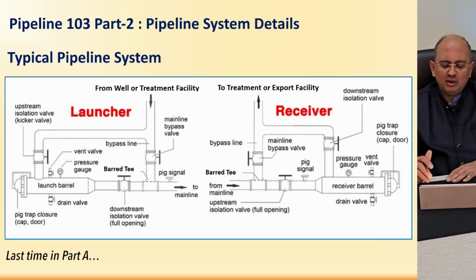After depressurizing and draining, you open the end closure of the receiver barrel, and then you can pull your pig out. Along with that, all the dirt and sludge and mud is also going to come out, and whatever slurries and the carbon steel pipe rust, which is also called scale, can also come out. So you can just remove all that, clean the receiver barrel, make it free of hydrocarbon, purge it with nitrogen, close the enclosure, and keep it preserved with nitrogen to avoid any corrosion reaction